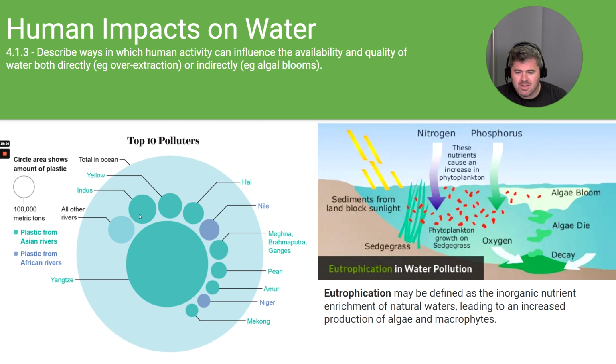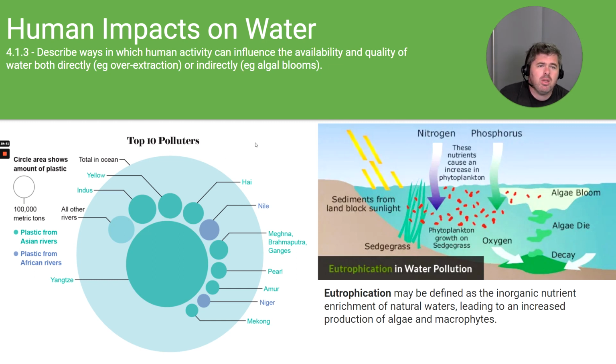And largely it's the Indus River, Yellow River, Hai River, Nile, Meghna, Brahmaputra, I'm sorry if I'm butchering these names, the Ganges, Pearl, Amur, Niger, and Mekong. Now, comparing to the size of this circle, which is approximately 100,000 metric tons, each of these rivers are